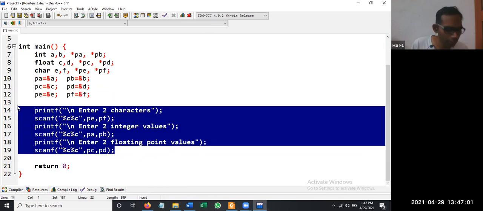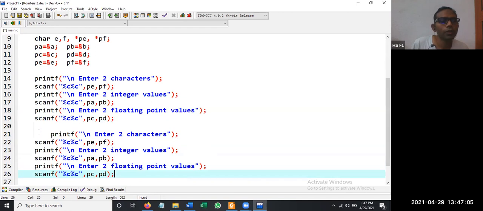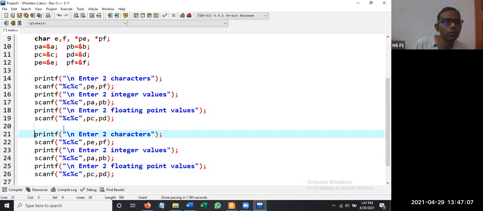Then let us print the numbers back. So printf, 2 characters is equal to percentage C, comma, percentage C. Then let's copy this stuff. No, this is C, right?